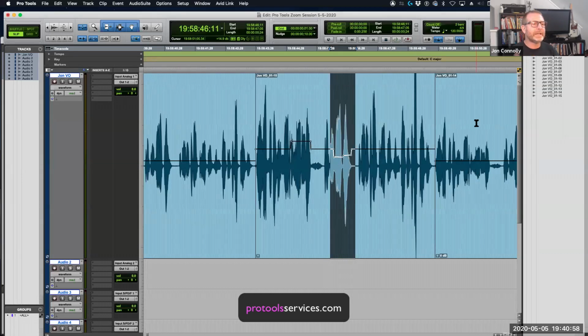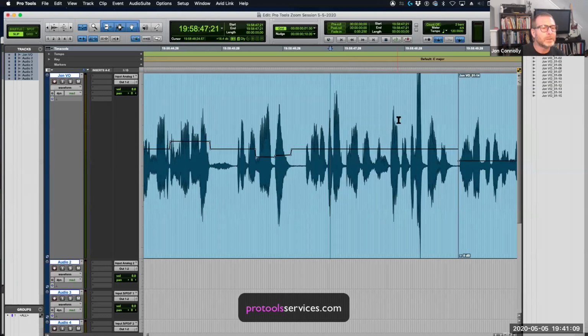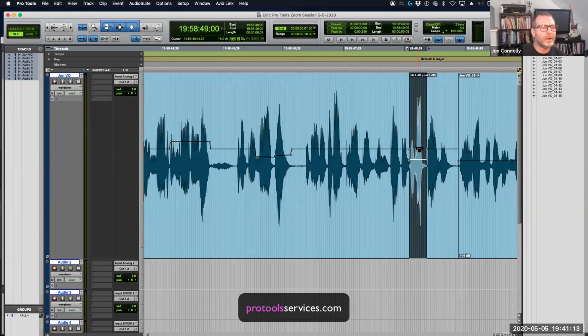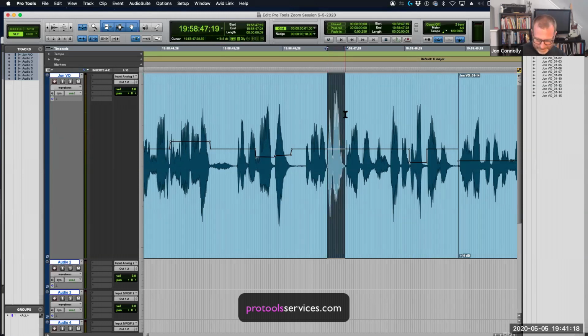So I'm using that in conjunction with my E key that blows it up. So visually, I've got this a little bit leveled out. I can see over here, I'm going to drop my cursor, zoom in a bit. This one's loud. I can see that. I make that selection, take it down. This is a little bit loud. I'll probably take that down.